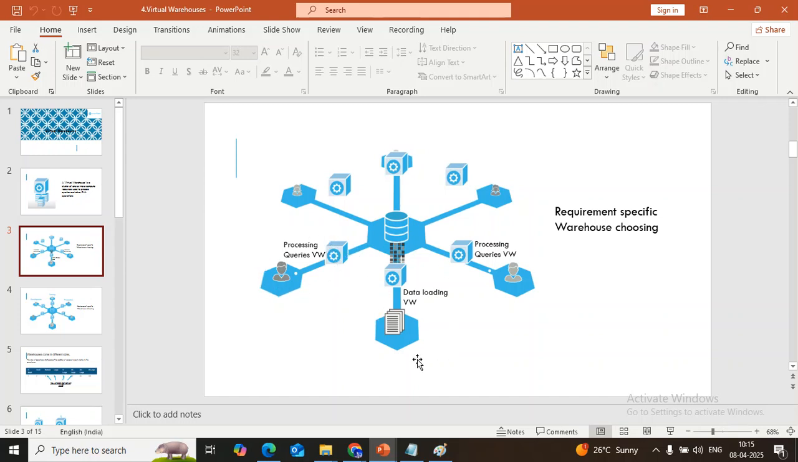And since the data is loading and unloading, I have taken a medium warehouse and one single cluster, not more than that. It's not multi-cluster, because one pipeline is going to happen at a time. Similarly, the senior teams are there